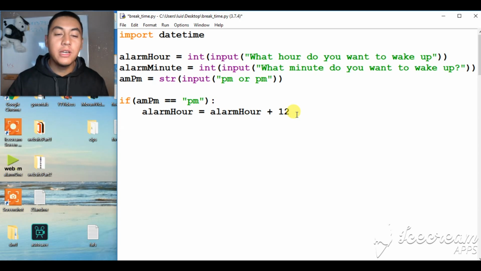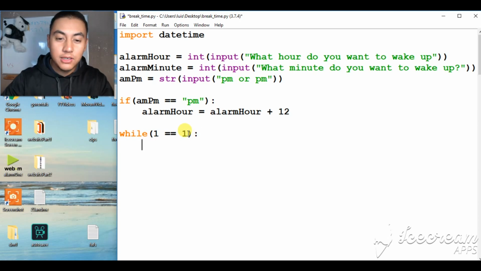Okay, so now we need to create a while loop because we want to keep checking if the alarm has to ring, okay? So we're gonna go, is the alarm going on right now? No. Okay, keep going. Is the alarm right now? No, keep going. Okay, and this is gonna be really messy, but I'm gonna put while 1 is equal to 1. And this is always going to be true, okay? I know there could be other ways you could figure it out, but this is the way I figured it out. So if